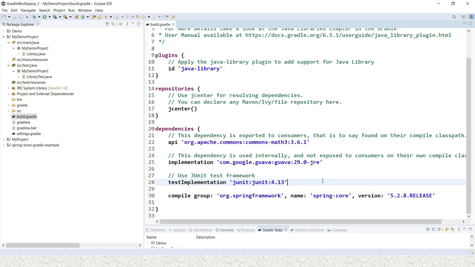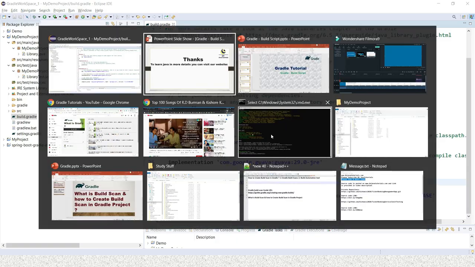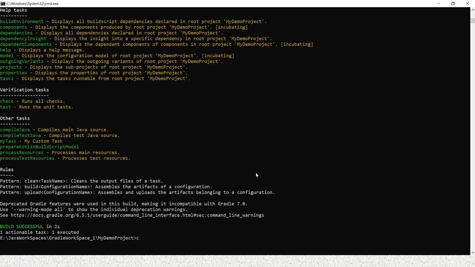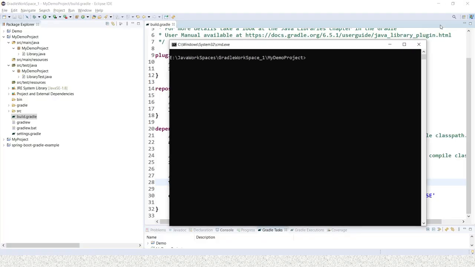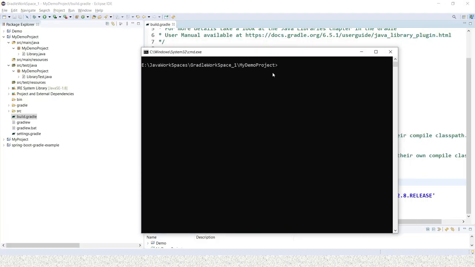So guys, now we are going to proceed to write our own custom task. Before proceeding, let me show you. I'm going to open this command prompt, and make sure that your command prompt is pointing to this project root directory.